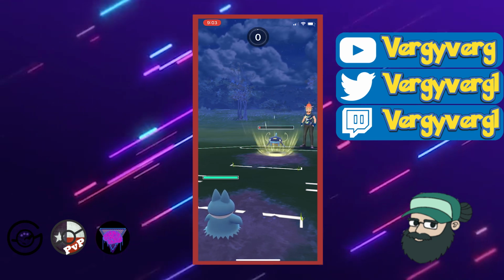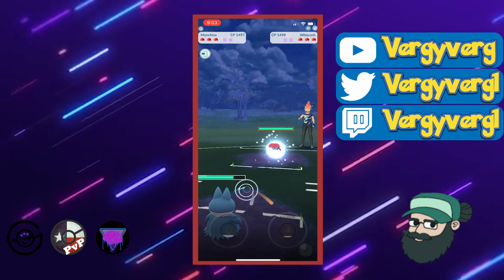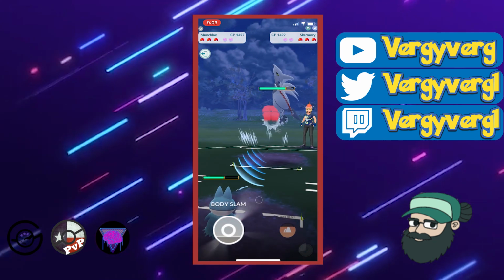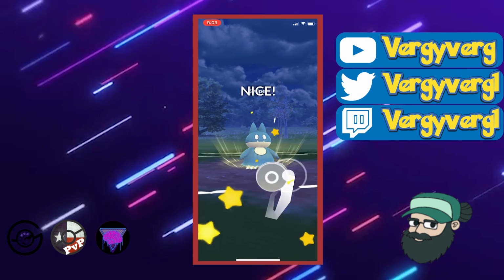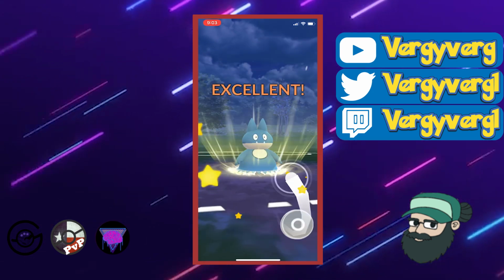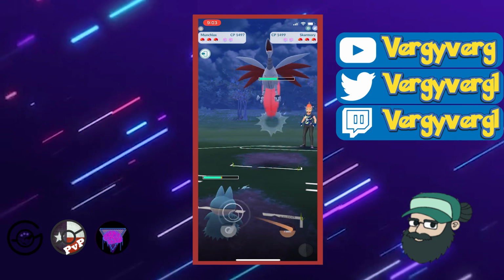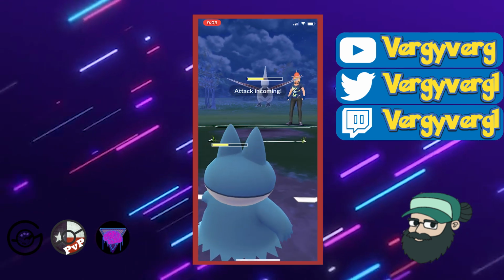We want to keep our Hypno just in case they have something that is Hypno weak, like Skarmory or Azumarill, because we really aren't going to be able to deal with that with the things in the back. So yeah, keep Hypno as long as possible. Obviously with taking a Blizzard, not great. But we do have a little bit of an advantage here. We're going to be able to...